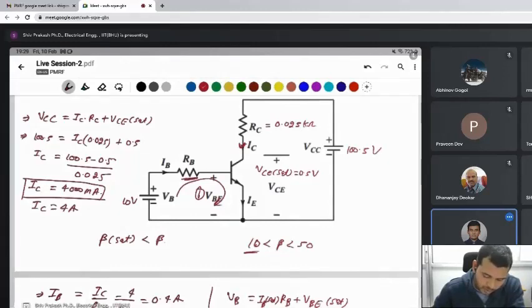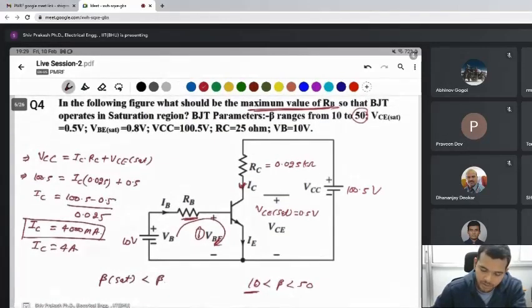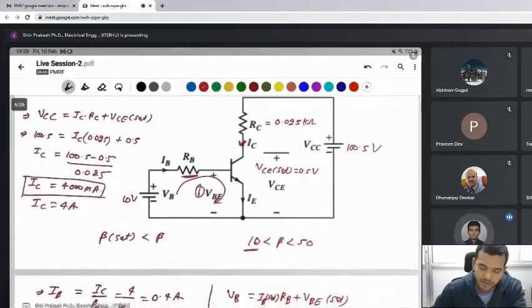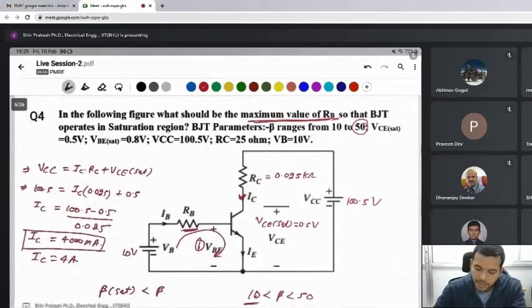So find the value of IB. If I consider 115 ohm and beta 50, IC current will flow 4 ampere. Compare between them. The question is that in a given saturation condition, what is the maximum value? But here is one problem: if you take 50 as the beta value,